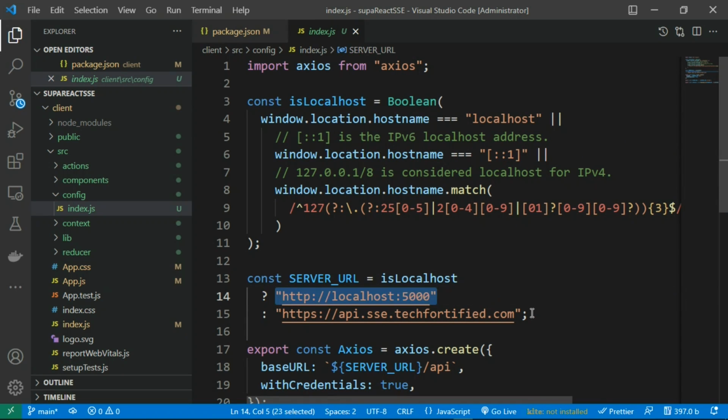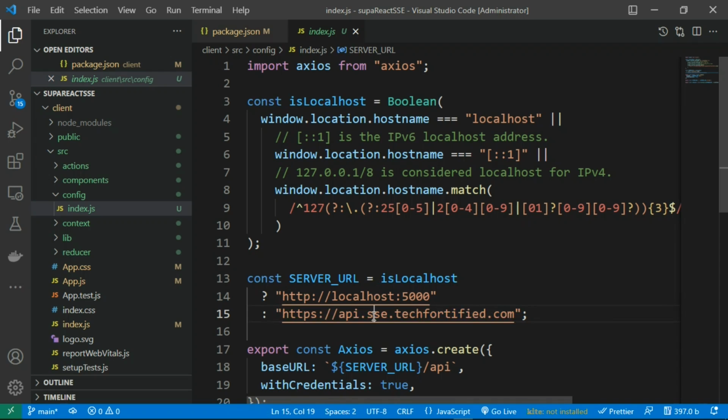If it is online, I mean it is hosted remotely, it should make requests to this: https://api.sse.tech45.com